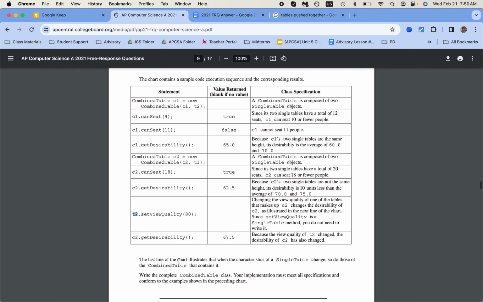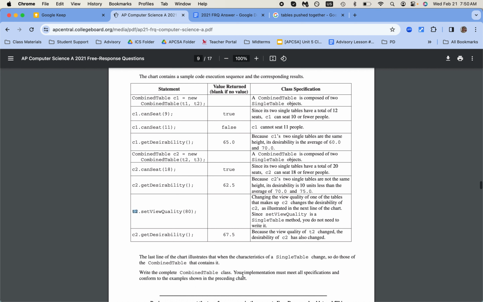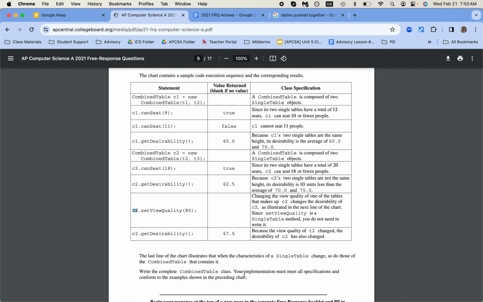All right, just to make sure I read this part, the last line of the chart illustrates that when the characteristics of a single table change, so do those of the combined table that contains it. Okay, all right. So it says, write the complete combined table class. Your implementation must meet all specifications and conform to the example shown in the preceding chart. Okay, so what I'm going to try to do is blast through, take like 5 minutes, write the solution, and give myself